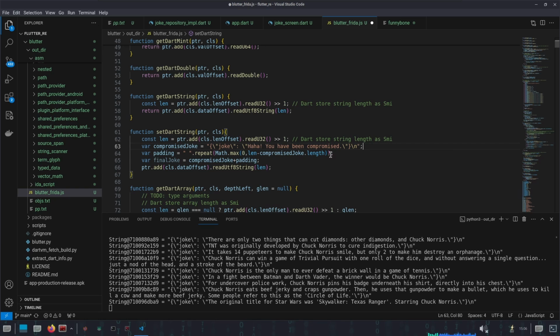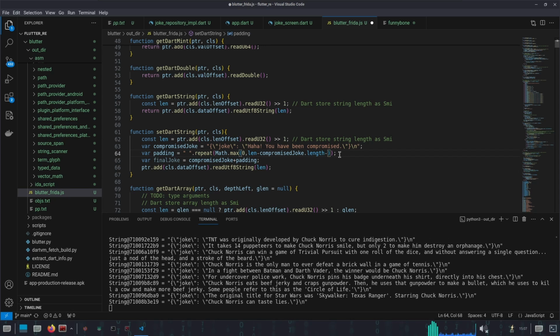To fix that, we need to make a small adjustment. You see, including this double quote, we have in total 3 characters, right? So we have to subtract 3 characters from here, and we have to remove these from here and append them over here. Okay, I hope it's clear. Basically, I have just appended the compromised joke with the padding and then ended it with the curly braces and the slash n. Okay, so this is the final joke, and then this is what we have to write to this memory location using the UTF-8 write